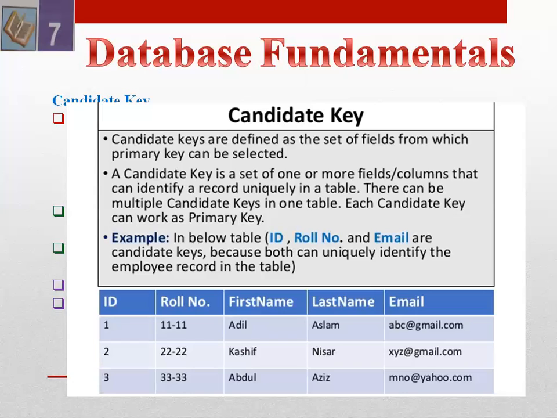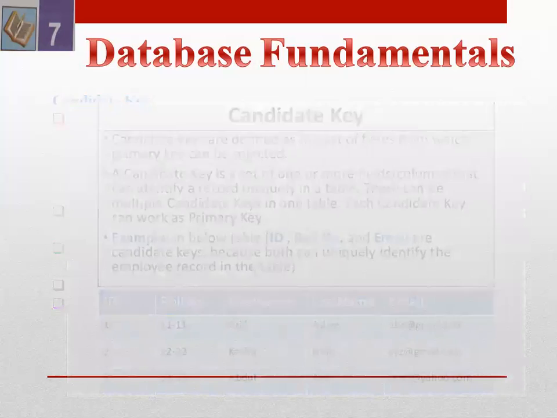Suppose a student relation contains different attributes. On your screen, you can view here we have ID, roll number, name and class. The attributes registration number, ID number or roll number can be the candidate key. Both attributes are known as candidate keys. A relation can have many candidate keys. So when we combine ID number, registration number and roll number in the student table with each other, that is called a candidate key. Okay, we can use both attributes as candidate keys.